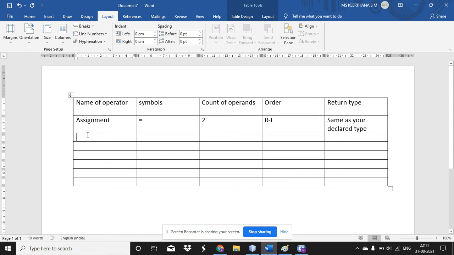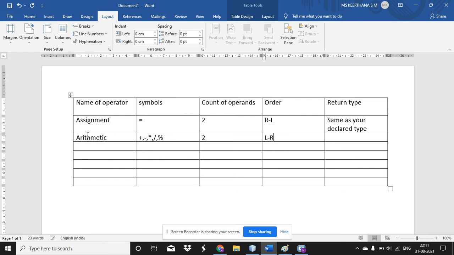So next we are going to fill this tabulation, arithmetic operators. So in arithmetic operators we are going to focus on plus, minus, multiplication, division and modulo. And how many operands do you need? It is 2. And what is the order of execution?